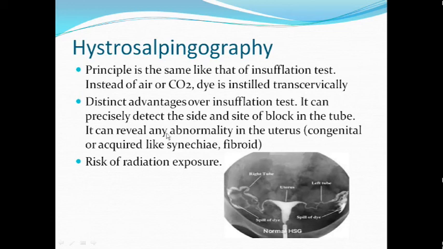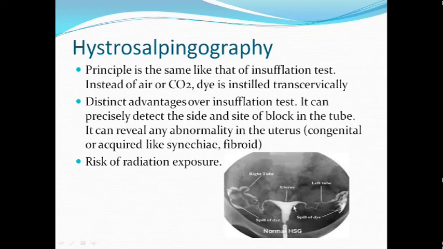But here the advantage is that it can detect the side or site of block in the tube. And one more drawback which was there in the insufflation test, you can assess the abnormality in the uterus. So it is better. It can assess the side and site of blockage, and it can assess the abnormality in the uterus also. So it can detect the anomaly, congenital abnormality, acquired abnormality like synechiae or fibroid, but there is a risk of